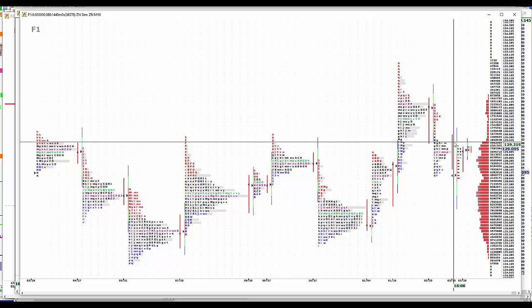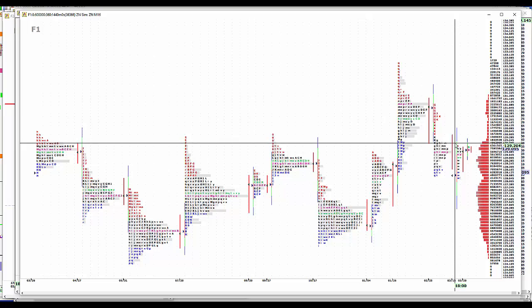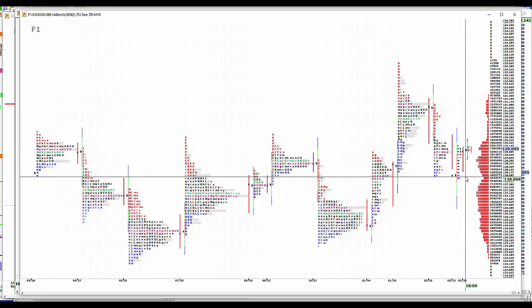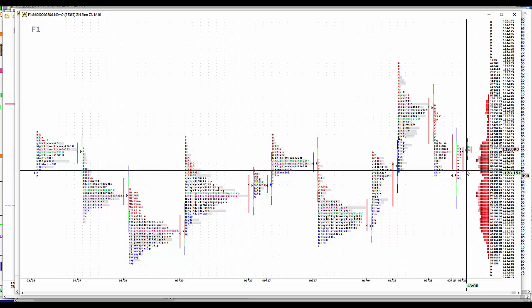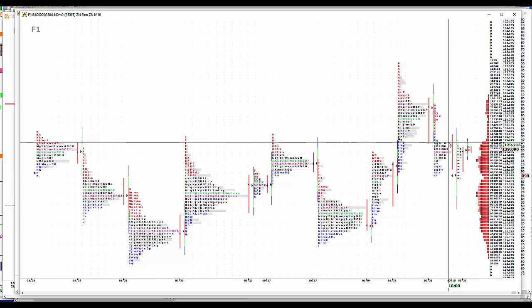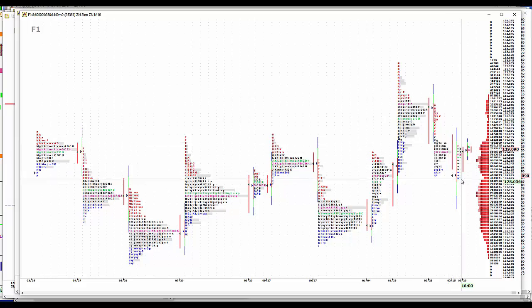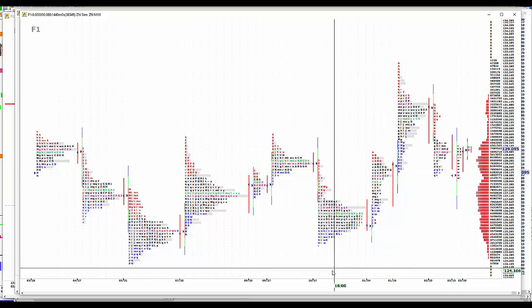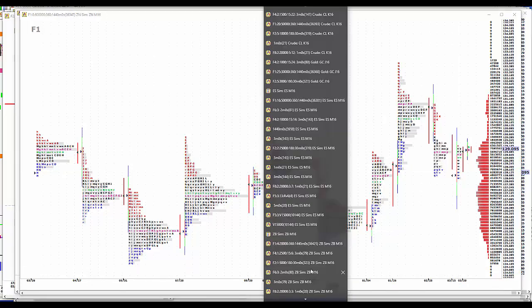Now, treasuries you'll see right here, this 129.24 area. So 20 to 24 is pretty stout resistance, and probably reasonable support in the 128.8 to 16 area. So if we fail to take out 129.24, that opens up a retest of 128.08 structurally. Looking at the F2 screen,